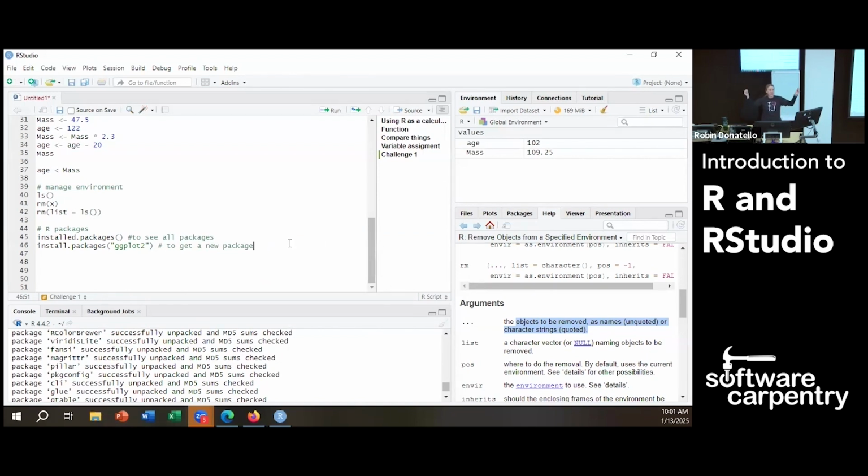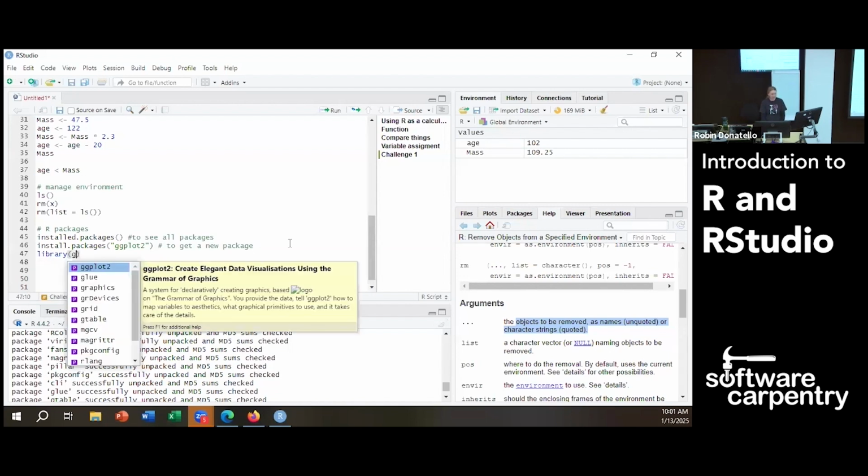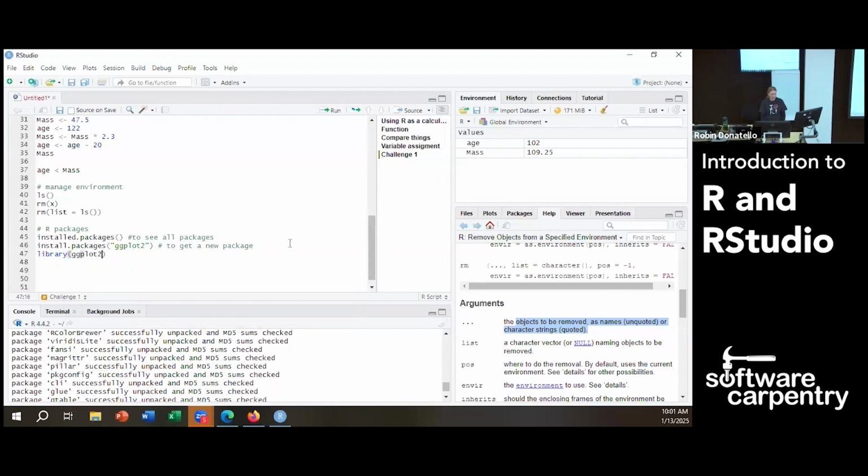Now, this installs the package onto your computer. It doesn't make it available. You don't get to use the functions inside ggplot2 until you load it. So loading,